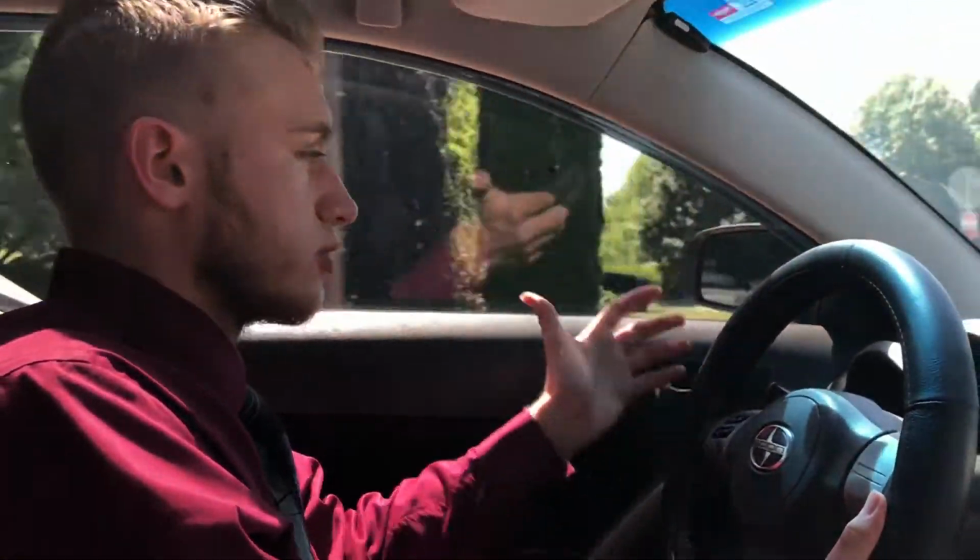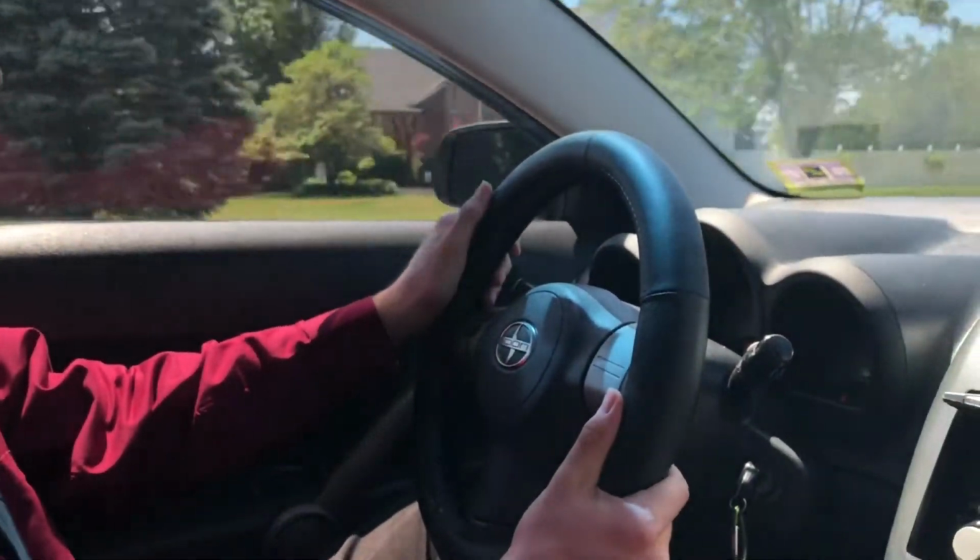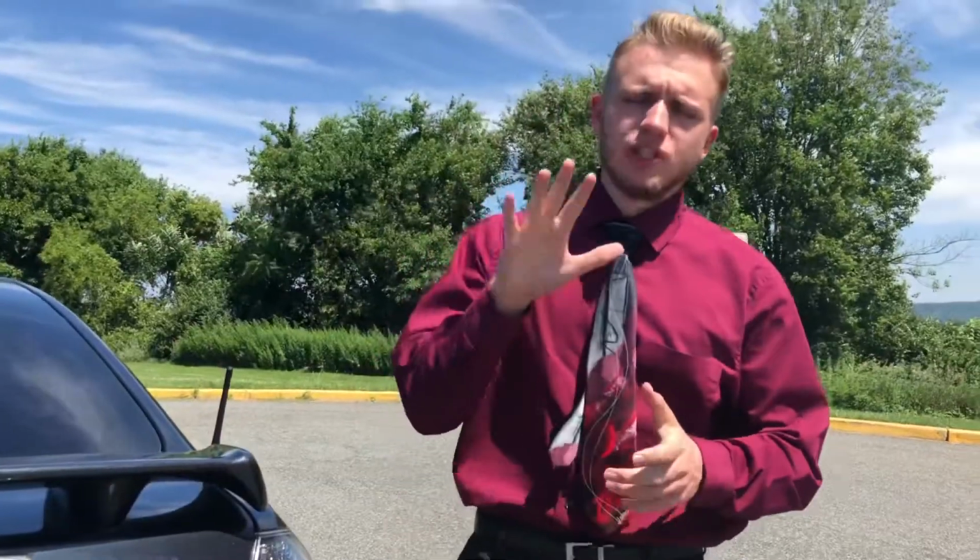But overall, just a fun little car. And if you're in the market for something affordable, kind of sporty, and unique, as the Scion isn't even made anymore, it's a great option to consider for you. So, props to them. It is now time for the interview section, which answers 5 generic questions one would ask